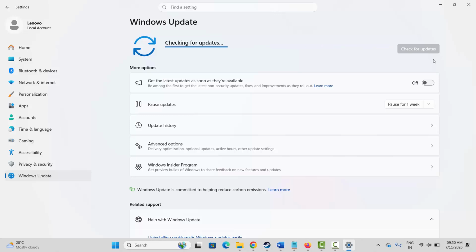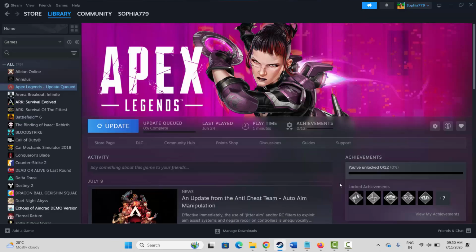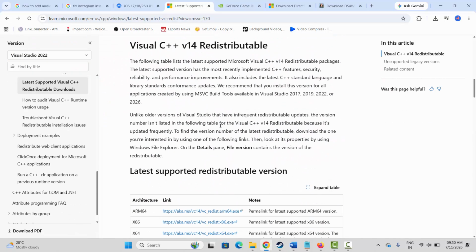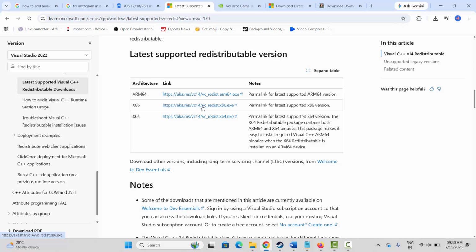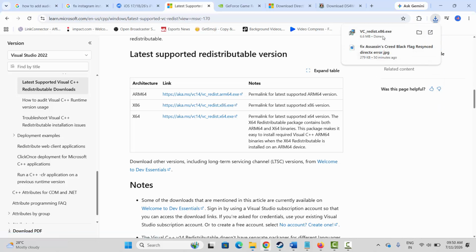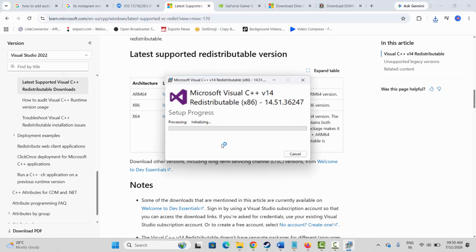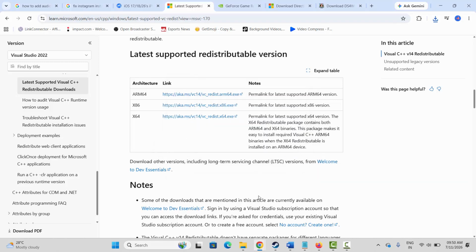If not, next method is to install Visual C++ files. For that I have already provided the link in the description. You just have to copy and paste it in a browser. After the website opens, go below. From here you have to click on the link to download. Once you download Visual C++ files, you have to open it, and here you will get repair or install option. Click on it, click on yes and wait for some time, and once you get set up successful message, close this. After that, restart your PC, and once your PC restarts, again log into the game and check